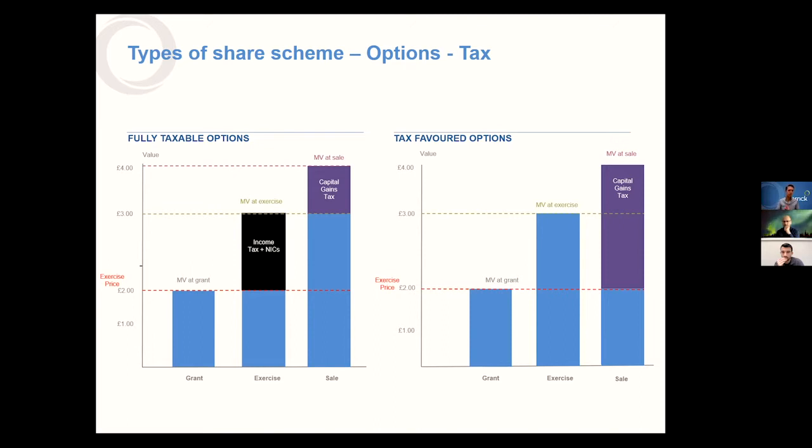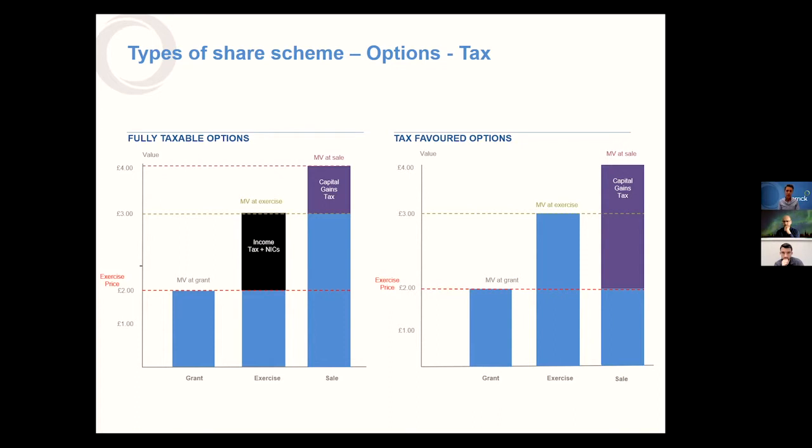You won't have the problem. You have a problem of having to pay the exercise price, but you won't have the problem of having to fund the tax charge before you've got sale proceeds to fund it out of. So you can exercise, own the shares, and then when you come to sell the shares, which obviously you have sale proceeds to pay your tax.